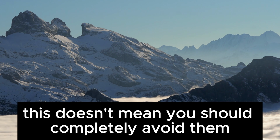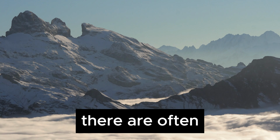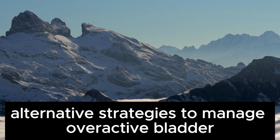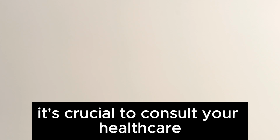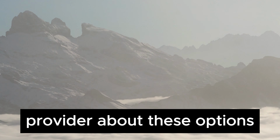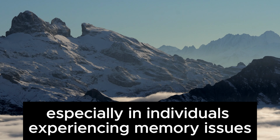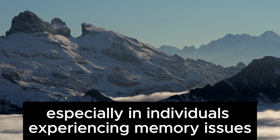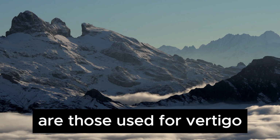This doesn't mean you should completely avoid them, but it's something worth considering. There are often alternative strategies to manage overactive bladder or other urinary symptoms. It's crucial to consult your healthcare provider about these options before committing to long-term use of such medications, especially in individuals experiencing memory issues. Coming in at number 4 on my list of anticholinergic drugs are those used for vertigo,